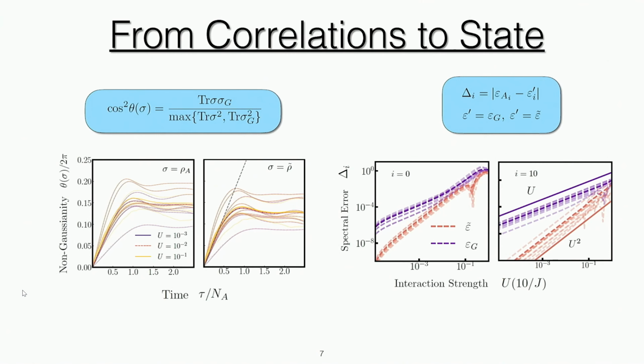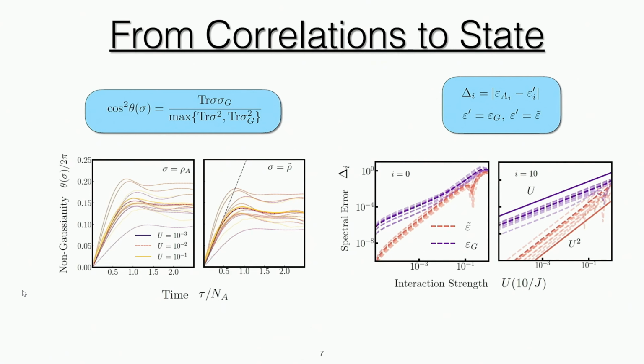Since we're ultimately interested in approximating the entanglement spectrum, we also looked at the spectral error, which you can essentially consider to be the difference between the exact answer, which is this epsilon sub a, and whatever your approximation is. So you can look at the Gaussian approximation and our ansatz. For the Gaussian approximation, since this doesn't contain any information about interaction, you expect this to fall off at order u. Our ansatz, however, since we claim to have captured the leading order effects of the interaction, you expect this to fall off at order u squared. And this is exactly what you see.